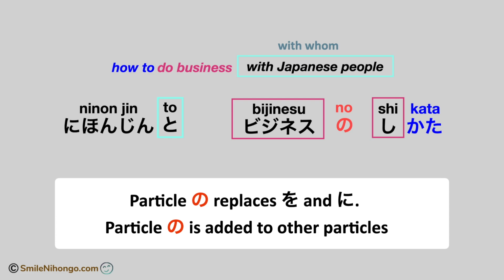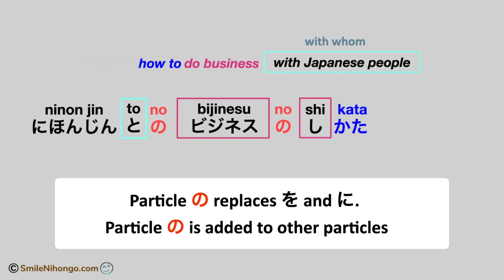We have to keep it here and then add no to it. So how to do business with Japanese people in Japanese is 日本人とのビジネスの仕方。